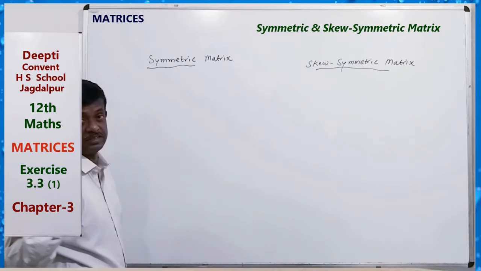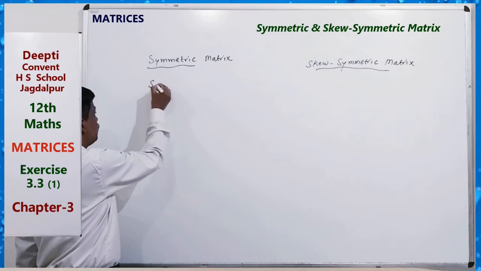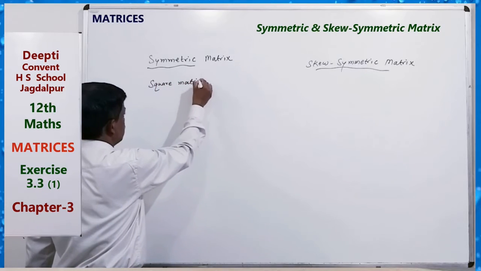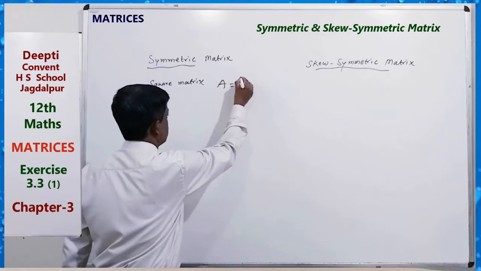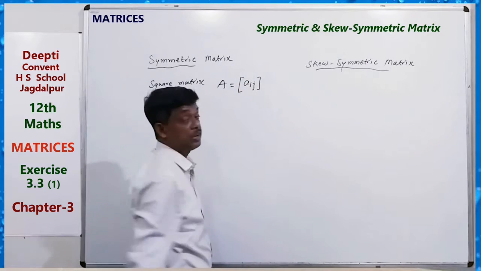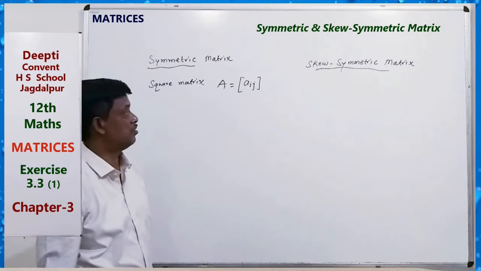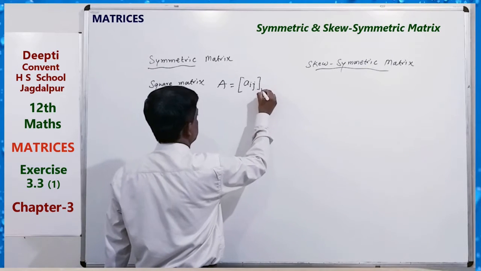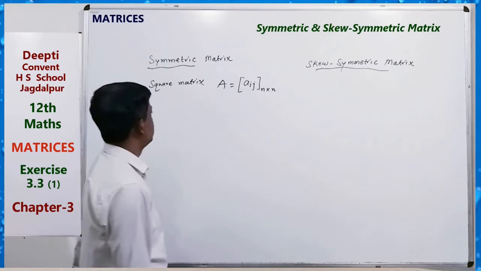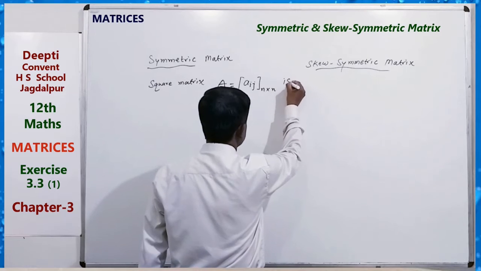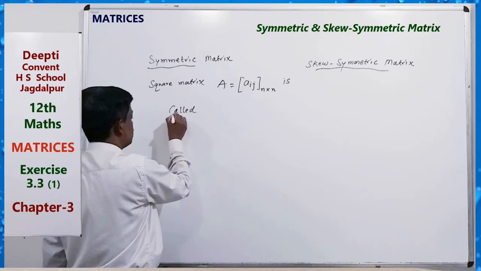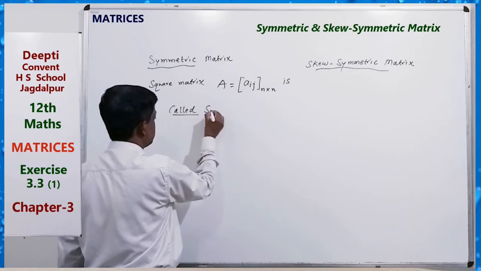We take a square matrix A equals Aij. This is a square matrix of order n by n. A square matrix is called symmetric